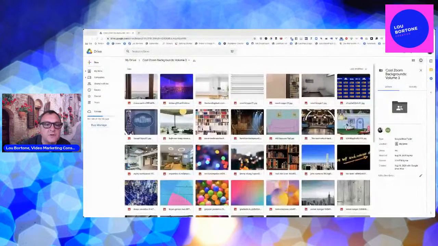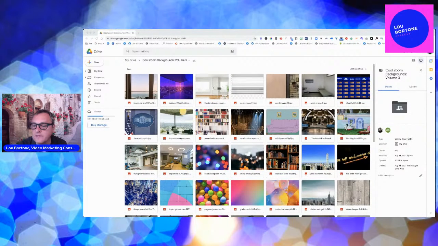So again, you can go to Pixabay or Unsplash and download photos for free and then use that as your background on Zoom if you are using the Zoom virtual background. Obviously, if you get a plain vinyl background like this, that's a whole different story. But let me share my screen and I'll show you what I'm talking about. There we go. All I did was put a bunch of photos into a Google Drive, which you're welcome to.